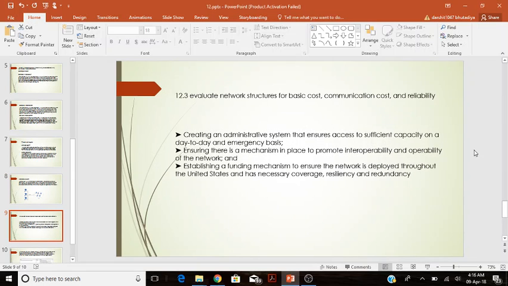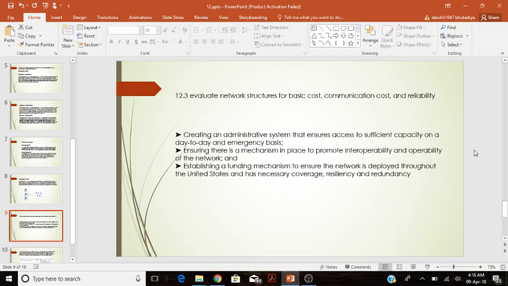So 12.3 is evaluate network structure, basic cost, communication cost, and capacity. This just takes an example of creating an administrative system. It ensures access to sufficient capacity on a day-to-day and emergency basis. This example is for a 4G network, which can be used in the USA. Ensuring there is a mechanism in place to promote interoperability and openness of the network, and establishing a funding mechanism to ensure the network is deployed throughout the United States with necessary coverage,